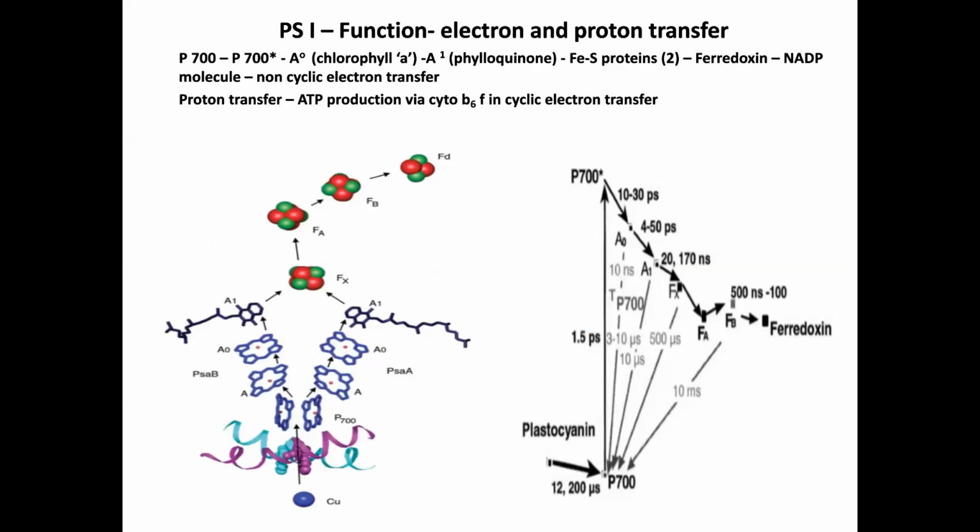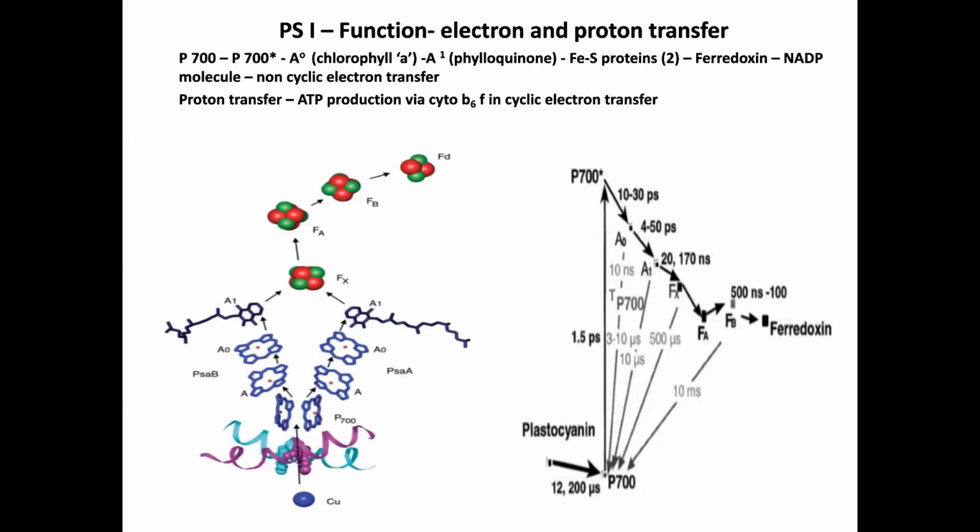PS1 and its antenna molecules are part of a supramolecular complex composed of at least 16 proteins, including 4 chlorophyll binding proteins arranged around the periphery of the reaction center. The complex also includes 35 carotenoids of several types, 3 iron sulfur clusters, and 2 phylloquinones. The reaction center's electron carriers are tightly integrated with the antenna chlorophylls. As a result, exciton transfer, that is energy transfer from antenna chlorophylls to the reaction center, is very rapid and efficient.